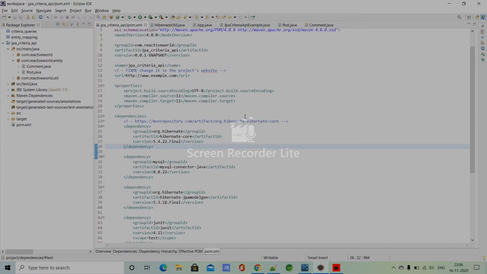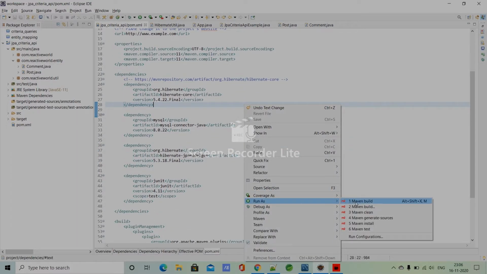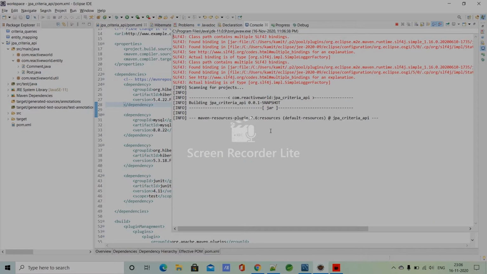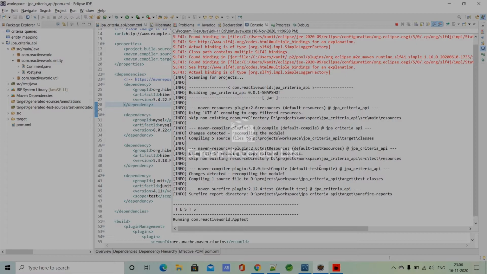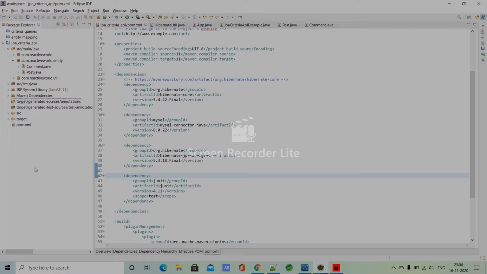So you need to run a few commands on the pom.xml. Okay, so let's run maven install. Okay, yeah, it is now done. So let's check, let me refresh it. Okay, now here it generated the metamodel classes corresponding to the entities, and it always generates these classes in the same package in which the entities are present.